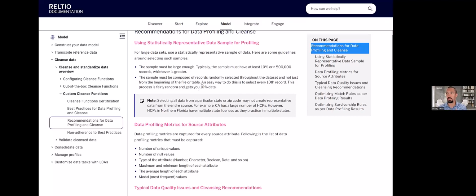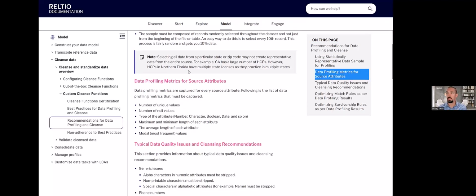We're shooting for 10% or greater of the data within that. And then I would check out this section as well. This gives you some good dimensions that we're looking for to execute on when that's accomplished, such as number of unique values, null values, the type of attribute, max and min length on the attribute, average length, and most frequent values.